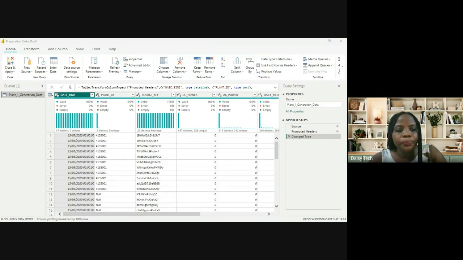Okay, so now I will show you how I got this. So this column description will tell us how this data is, whether there is error, whether there is empty, whether it's valid. You will see it in this summary. Okay, so now